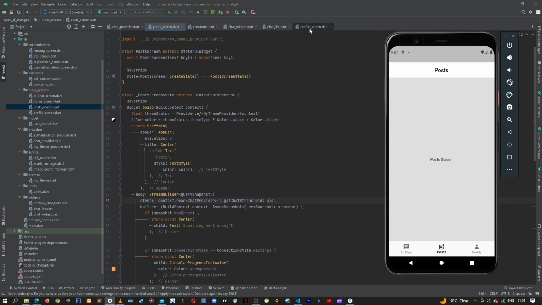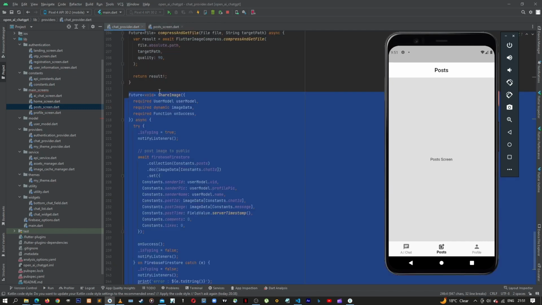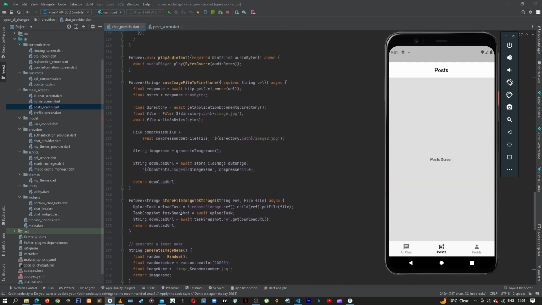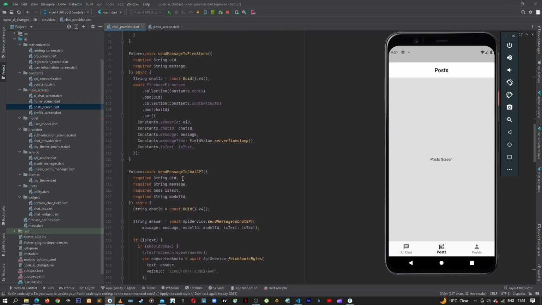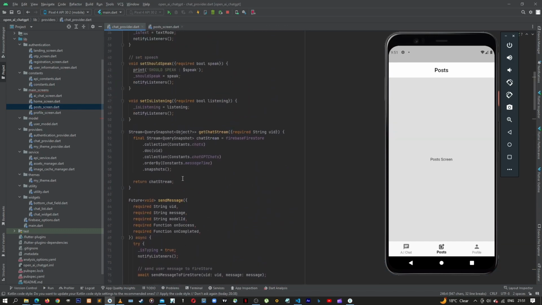Let's close the utility. Let's close the profile. We can close the chat list, chat widget, constant. So let's go back to chat provider, and then let's look for that stream here where we are getting the chat stream. Let's copy that,